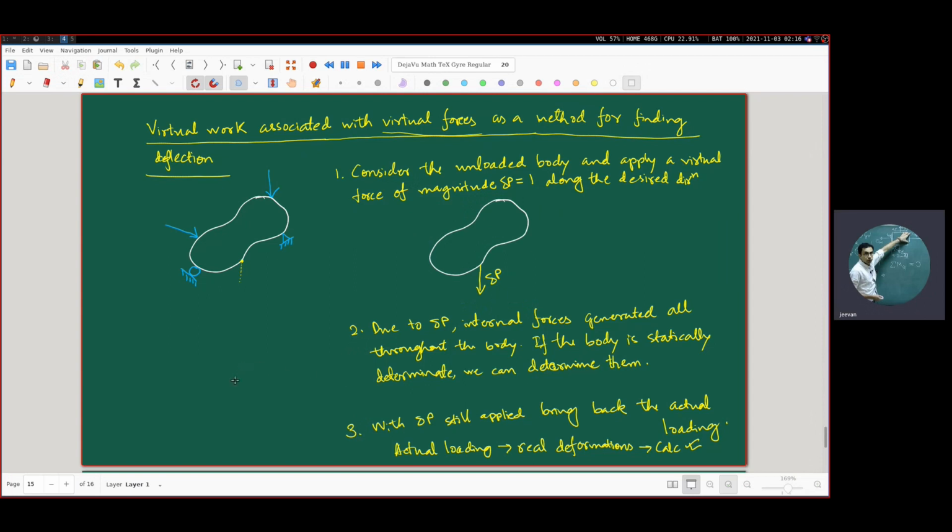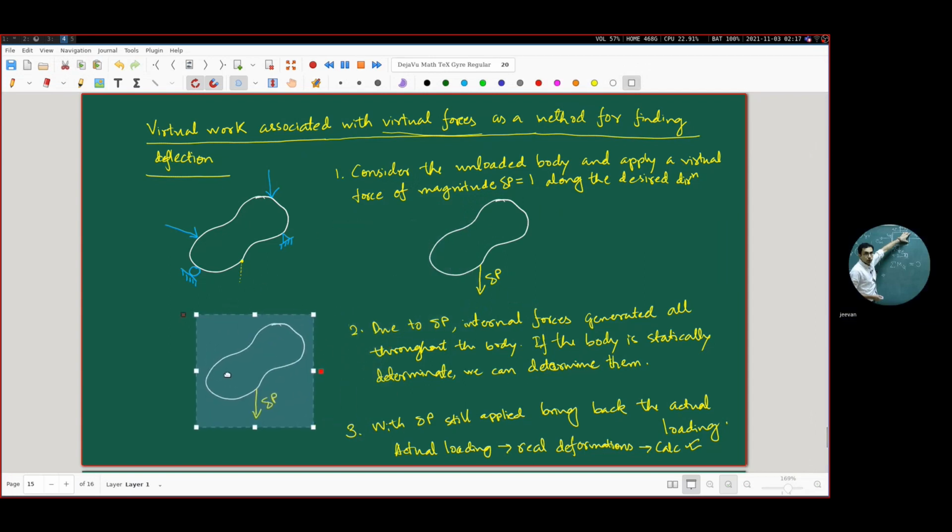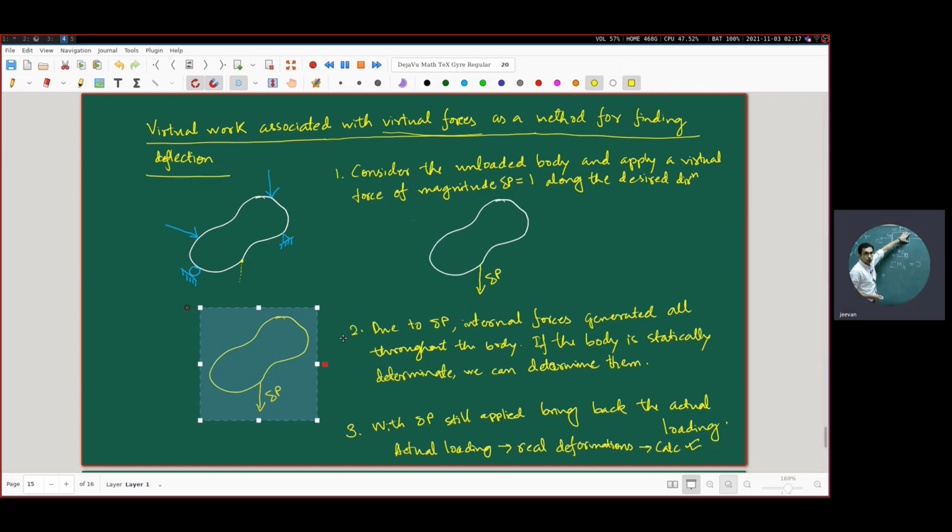Corresponding to step number 2, we have this picture: due to this delta P, if you take any little element internally, there will be a delta F present along this direction. And when you go to step 3, with this delta P still applied, you are bringing back the actual loading. So if we copy this thing again,